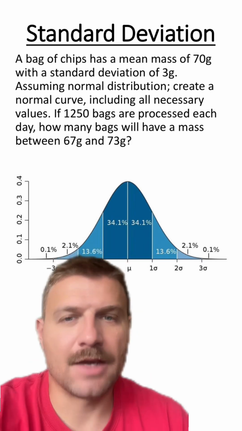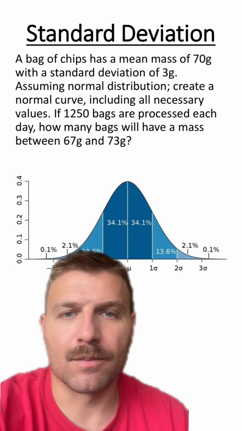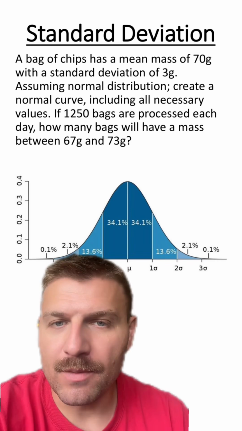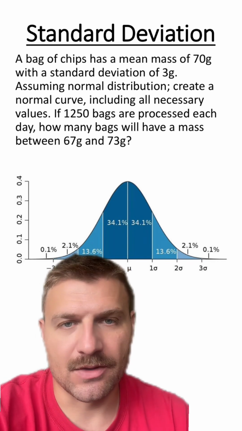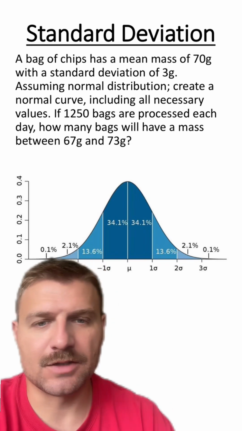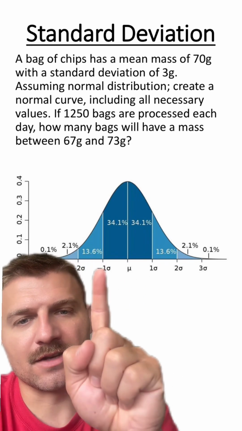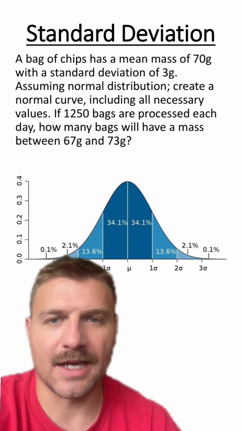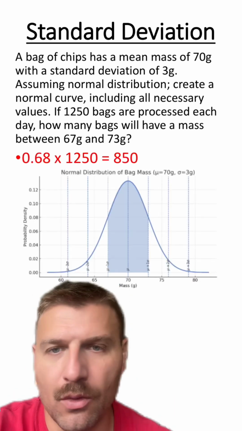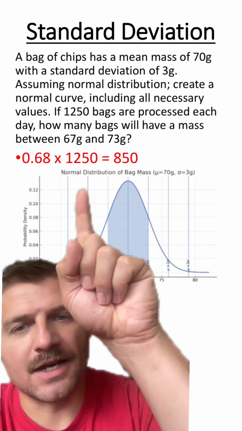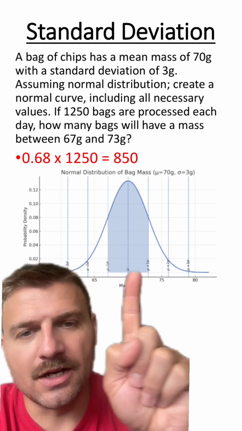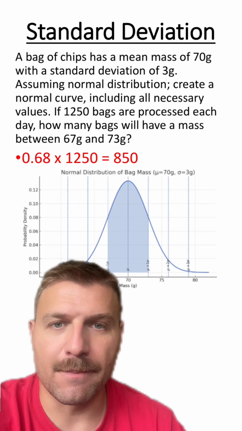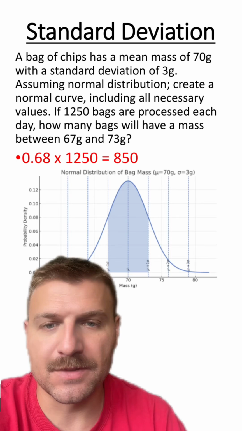of 3 grams. If 1,250 bags are processed each day, how many bags will have a mass between 67 grams and 73 grams? This question is going to be kind of easy just because it's looking at just this first standard deviation, which encapsulates 68.2% of the data. And all we have to do is take that 68% and multiply it by the number of bags to find that in this shaded area, there are going to be about 850 bags of chips within this